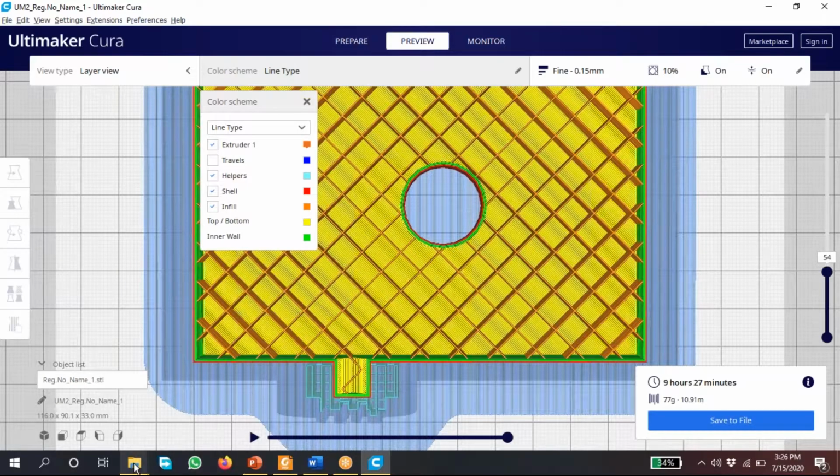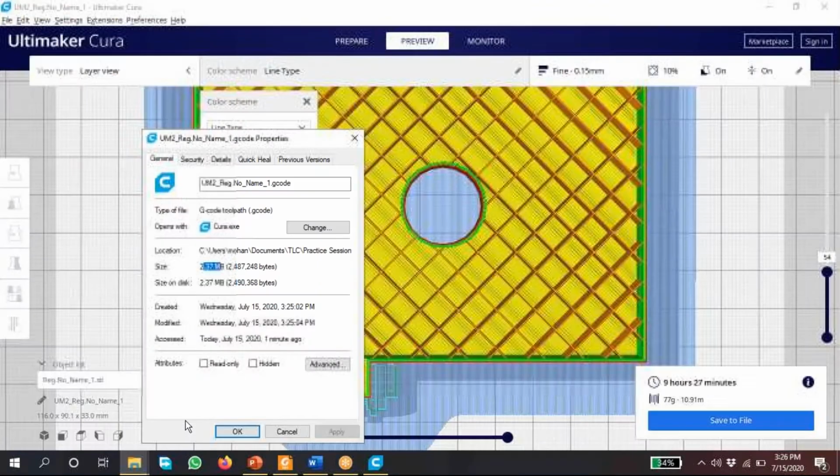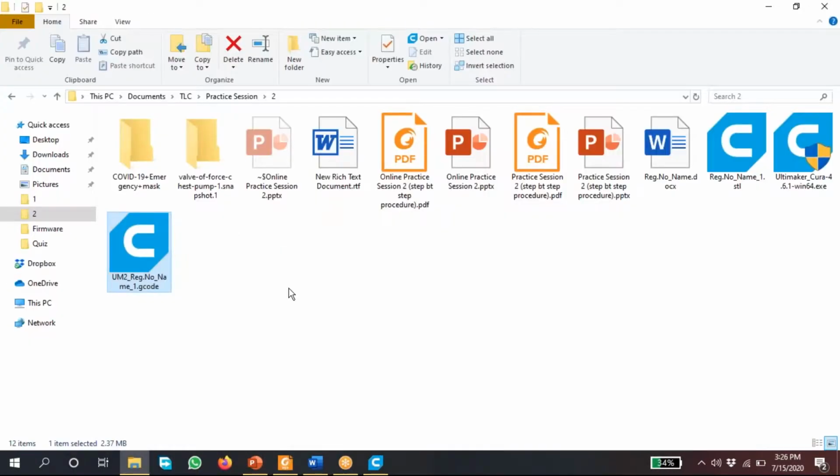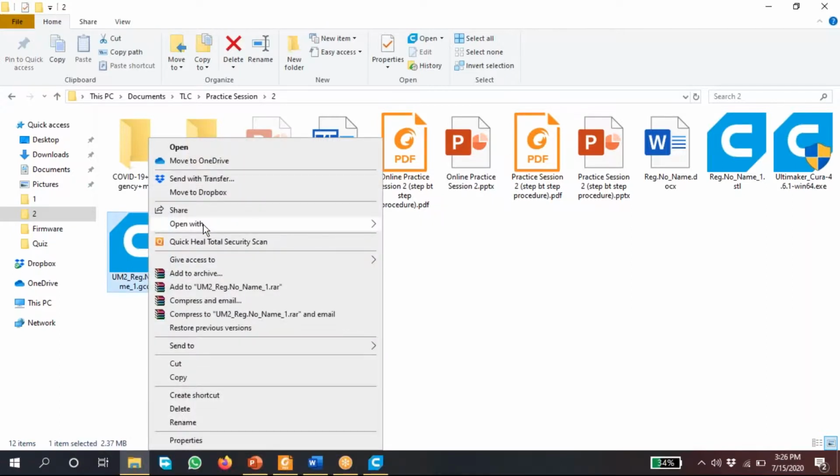Yeah, now we will see how to read the G code. Just listen here. I think I didn't write this one there. You don't need to do anything, but for your understanding I am saying it, that's why I didn't include it there. Right click, click on open with Notepad.